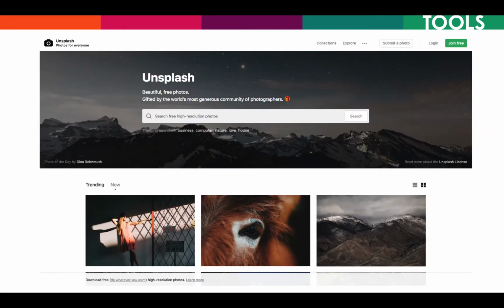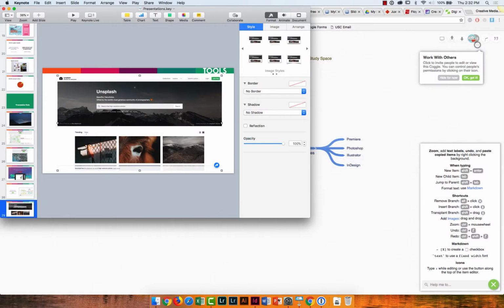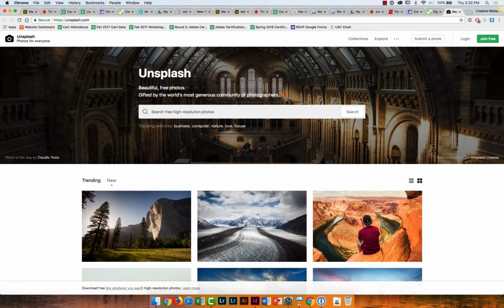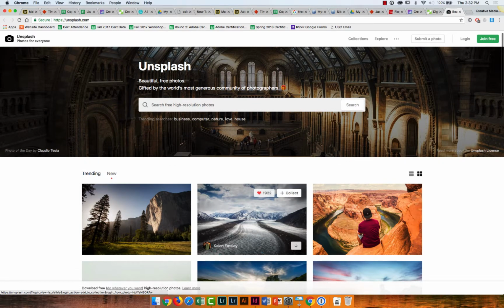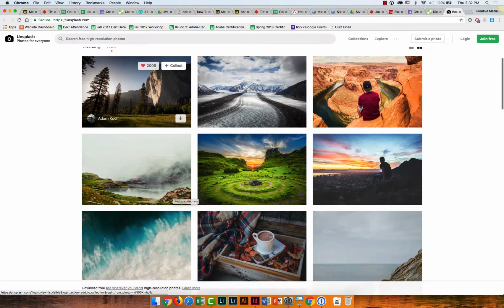The other tool that I wanted to talk about is called Unsplash, and this is just for finding good high-res images to put in your presentation. I know sometimes when you're Googling, you can't find a really nice high-res image and it's super small. Unsplash, let's see, is basically a repository of free photos, and photographers will upload their images, and you can search,